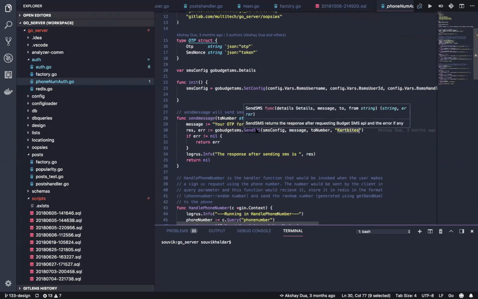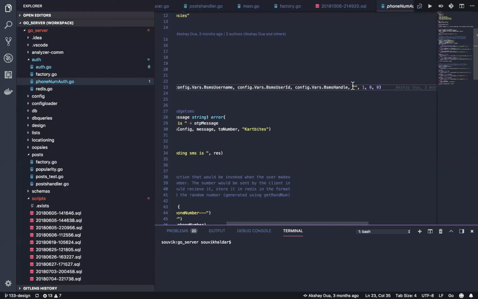First parameter is the username, second is the user ID, and third is the handle. All these parameters you will get when you register at BudgetSMS. And these other parameters, you can see later in the documentation, are just Boolean values that you set if you want to know the pricing details or the response.